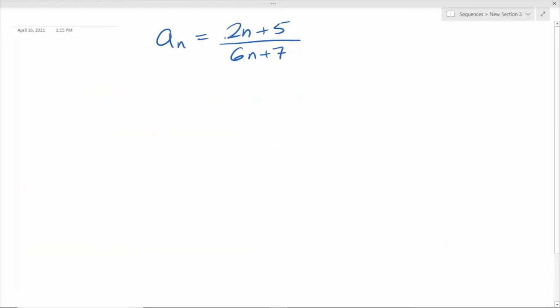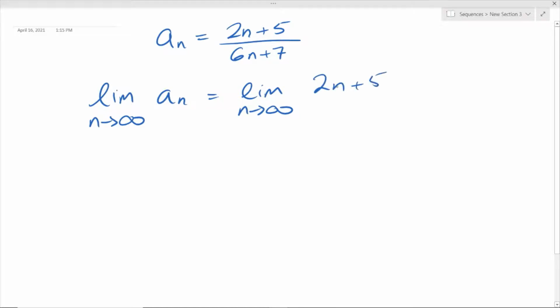Looking at another example here, we will do the same thing. We're going to find the limit as n approaches infinity of a_n and evaluate this. Plugging in a_n, 2n plus 5 over 6n plus 7. We plug in infinity, and it's going to make the top and the bottom go to infinity. Now it's like infinity over infinity. Not very great, so we have to use L'Hopital's